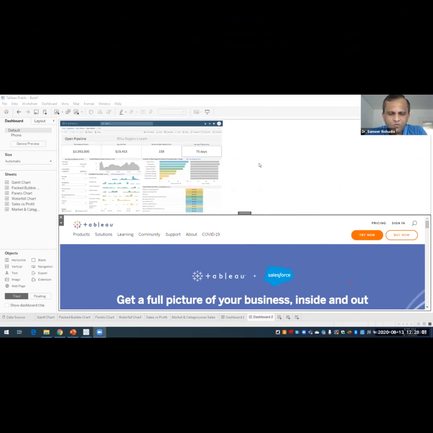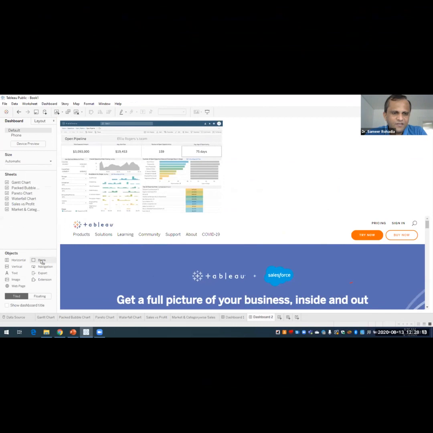So if you want to reduce this blank space, you can also do one thing. In this objects area we are having this blank button. So select that blank button and put it over here on the right hand side in this blank area. Just drag it. Now what has happened is that this image has been cut, and now it is within this particular container, and now we are having another blank container over here.